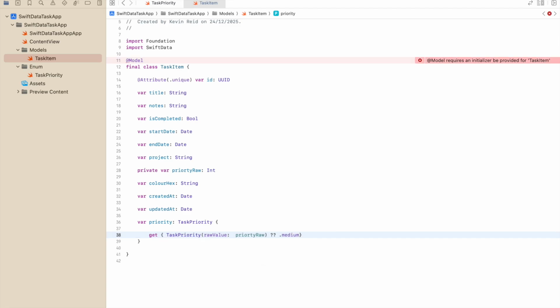So that will convert the raw value into a TaskPriority, and then we use a write property, which is a set property,